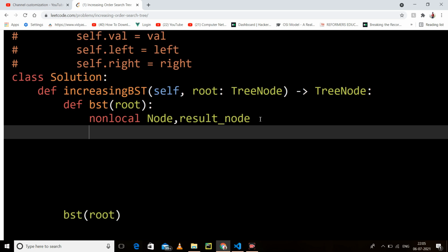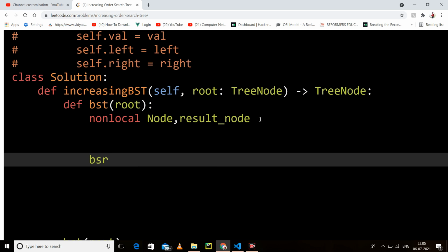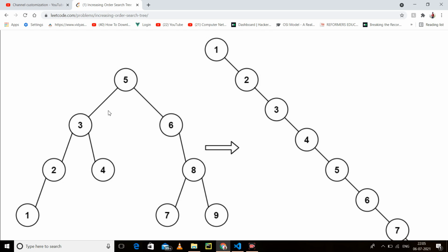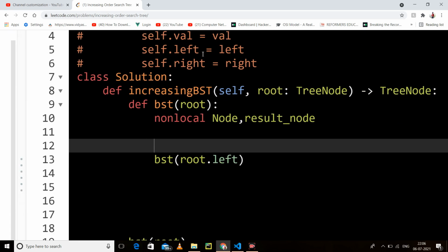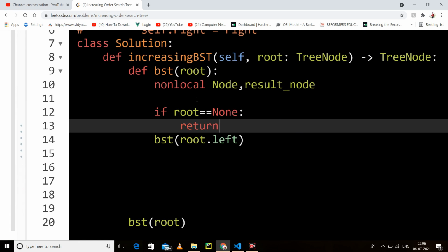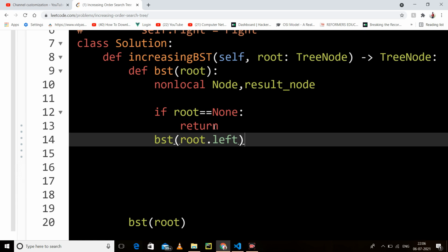Okay, so if root, we have to call this bst every time, and first we have to call the left. Now you can see that when I call left, it will go, then it will go, then it will come to 1. When it comes to 1, it will see that there is no left of it, so we have to make that 1 our new node. So we have to call for left. If root is equal to none, then we have to just return,